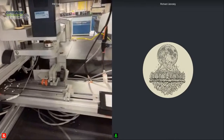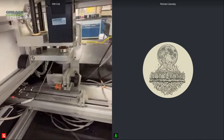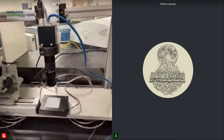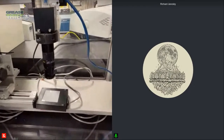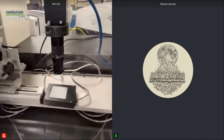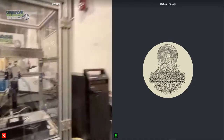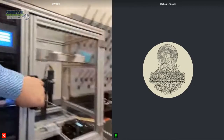And before, that caused us to have an extra step where we would have to, at the end, then push the sample out further to be able to run it over the old camera and LED controller. And then in the new unit, the new and improved,